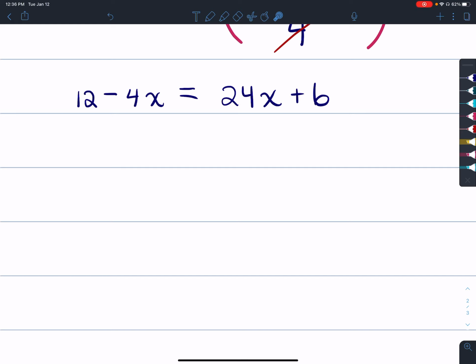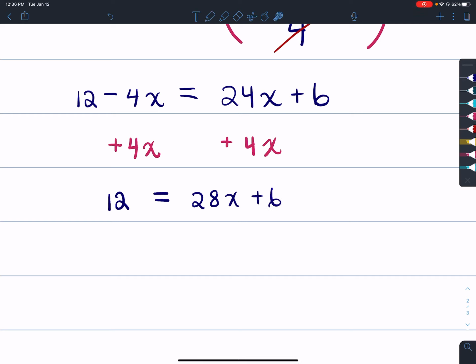If you still really, really want to put all your x's on the left side, it just means that you're going to have to do an extra step at the end. Okay, so I'm going to start by moving my x's. So over here, I want to get rid of this because I decided that this side is going to be Numberland. So I'm undoing the subtraction of 4x, so I'm adding 4x to do that. What I do to one side, I do to the other. So 12 remains, -4x plus 4x gives us 0, equals, and now 24x plus 4x, that gives us 28x plus